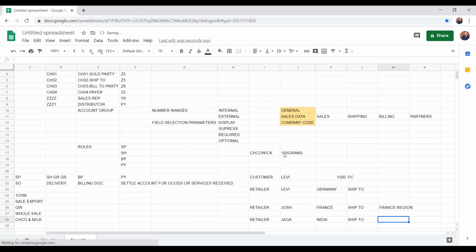Assume that Jaga is responsible for the Indian region, that means the second ship to location. So this location alone, Levi's employees are looking after. He has an office in this location. So how many ship to locations does Levi have?